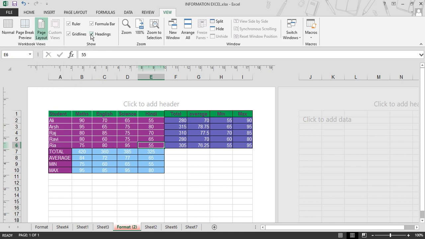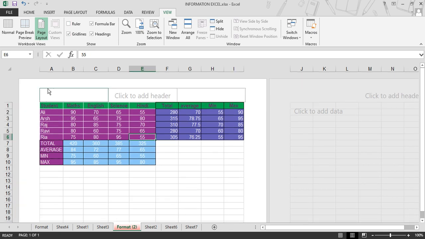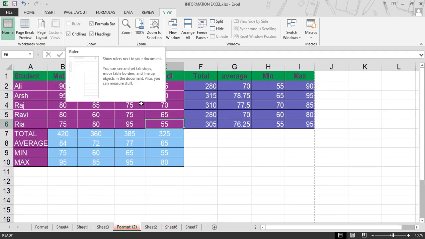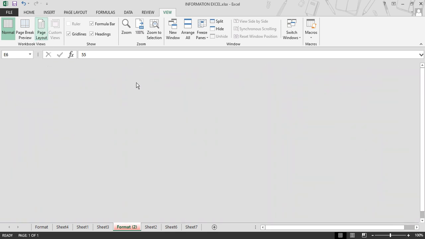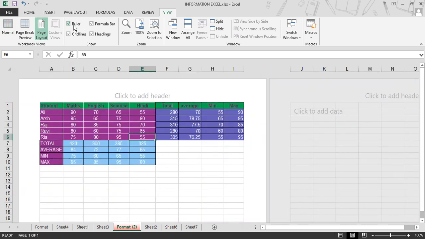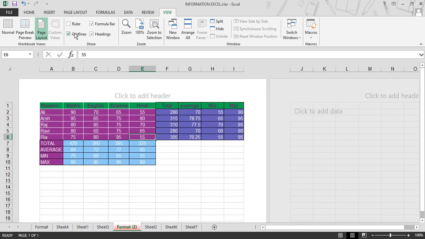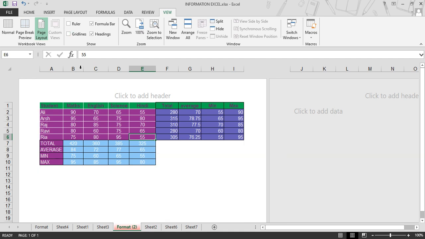Next is show. This option is used to choose which things you want to show on your Excel sheet. First one is ruler. So you can select it to hide. Back to normal view, it's not visible in normal view. It's only visible in your page layout view for the ruler. Grid line is to show or hide the lines between the rows and columns.